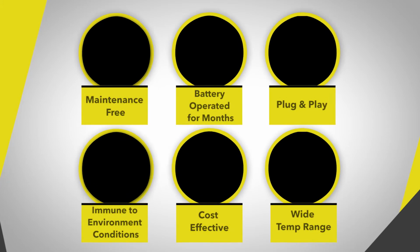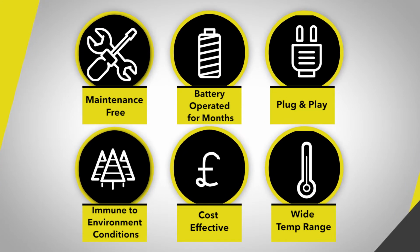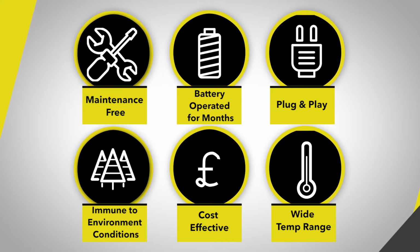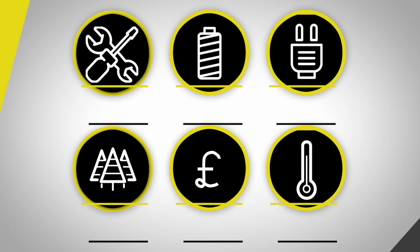The SG Cam Kit is easy to maintain and operates on batteries for months, invisible and durable. It's nearly impossible to sabotage and can sustain extreme weather conditions, offering 24/7 detection of footsteps, vehicles, and unauthorized digging